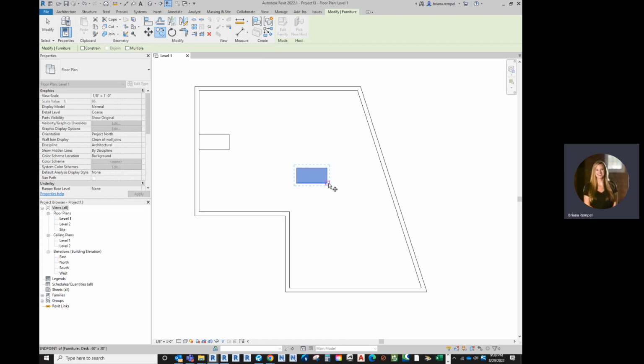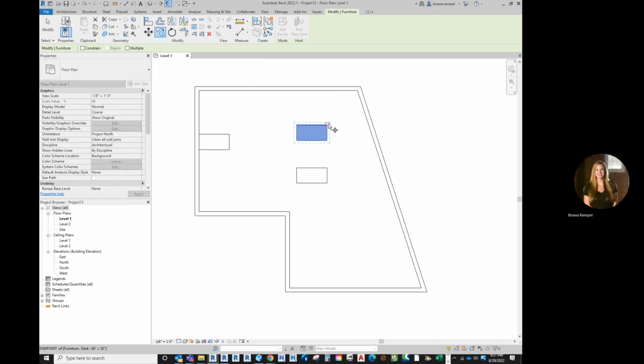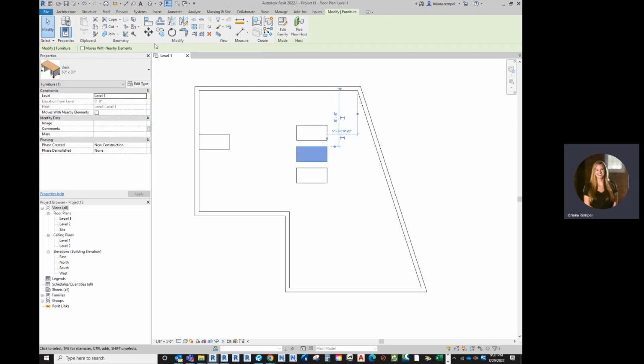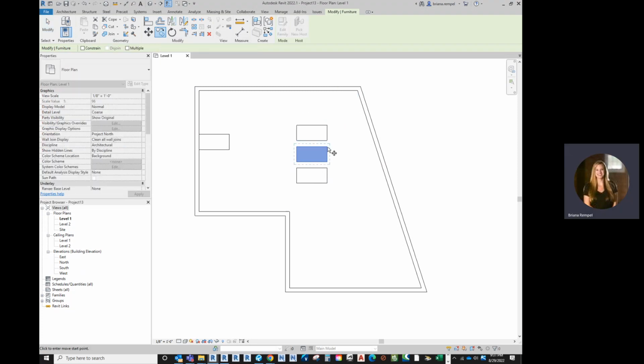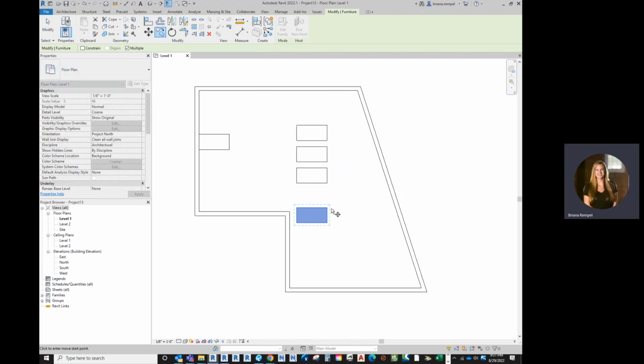So again, it's a 2-click command. I'm going to start in my bottom corner here, move it to the direction I want it to go, and then click to create a copy. 1 click, 2 click. I can also, similar to the move, if I start the copy and I know I want it to go 10 feet, type in a distance and it will copy it to that distance. If you do multiples, it's just going to keep going and keep you in that command so that you can create as many as you would like. To exit or end a command at any point in time, go up here to your tabbing